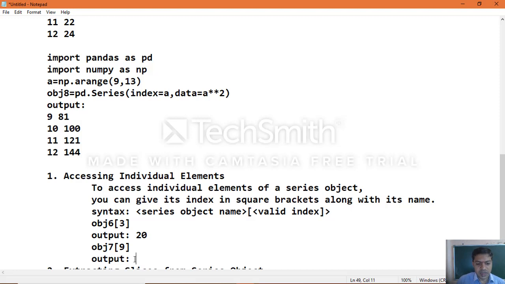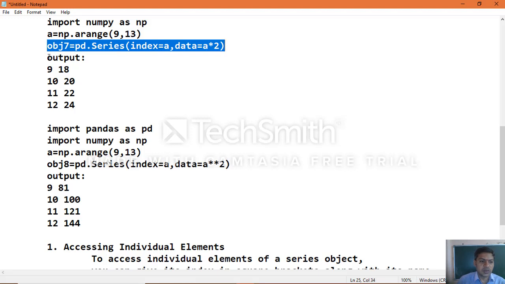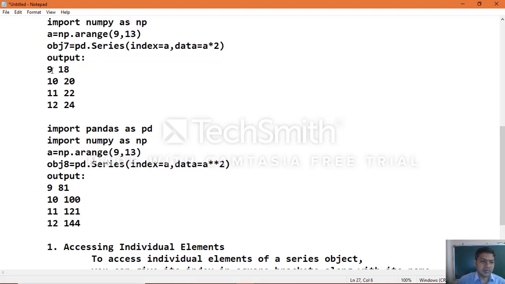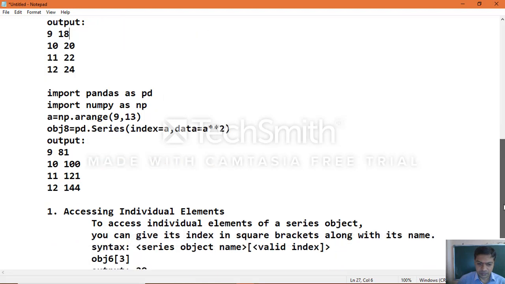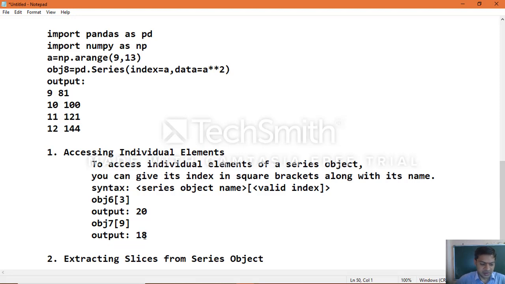So 9 is represented as 18. The first column represents the index and the second column represents the data values. So index 9, when you call obj7 of 9, the value we get is 18. Output is 18.